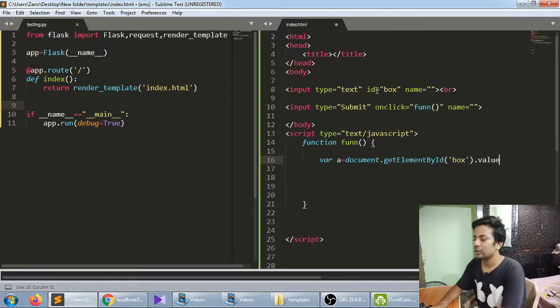So whatever is input in this text box will go inside a variable. After that we'll do the other stuff.